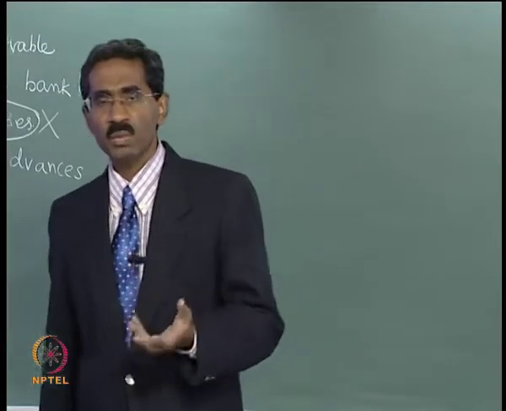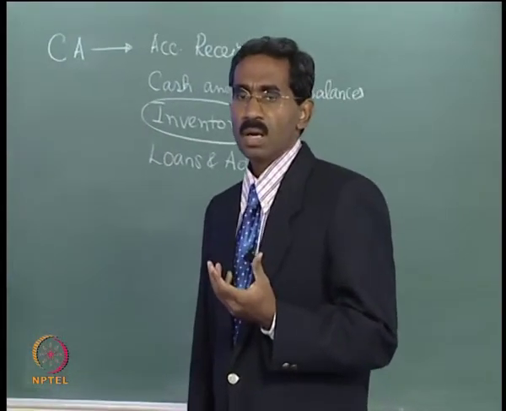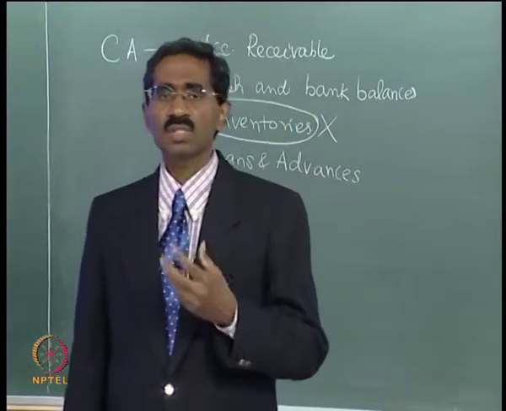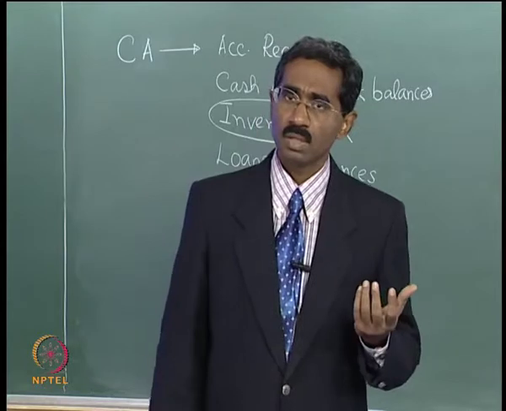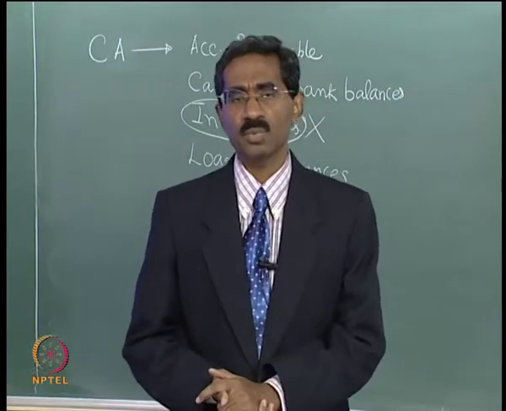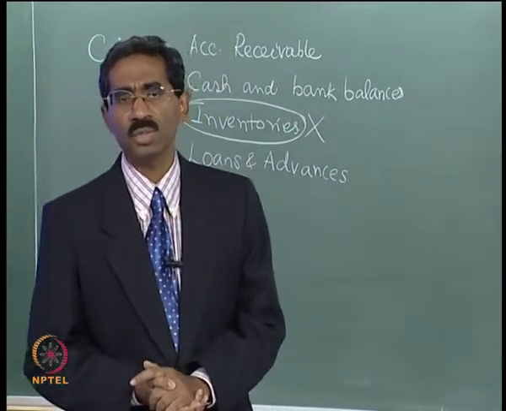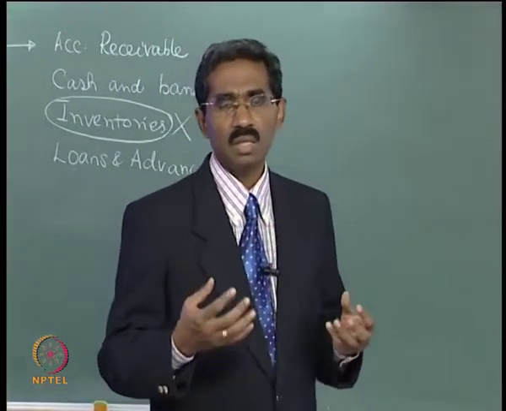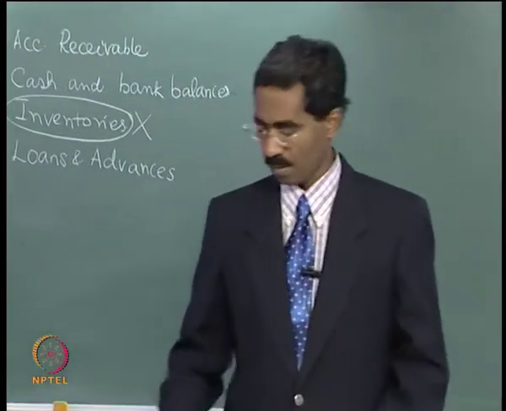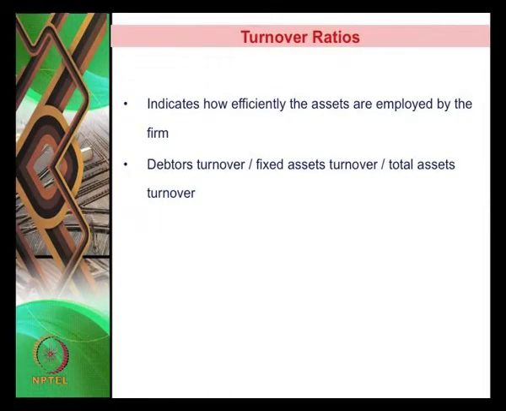In the case of liquidity, we are seeing how good the company is in terms of meeting its short term obligations. So the turnover ratio is one such performance parameter. It helps us understand the efficiency of the company. Turnover ratio broadly indicates how efficiently the assets are employed by the firm,